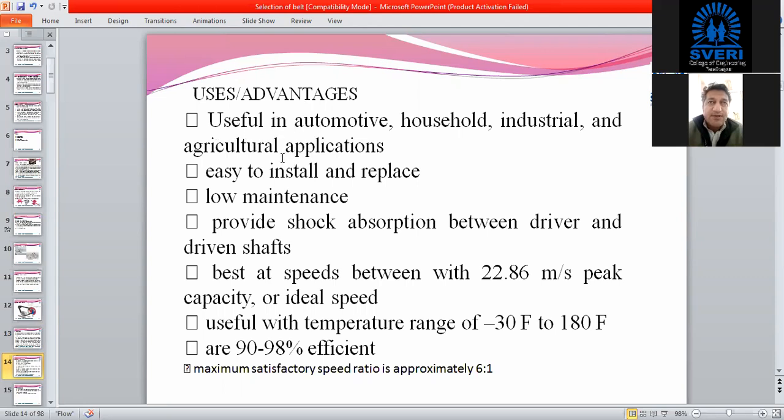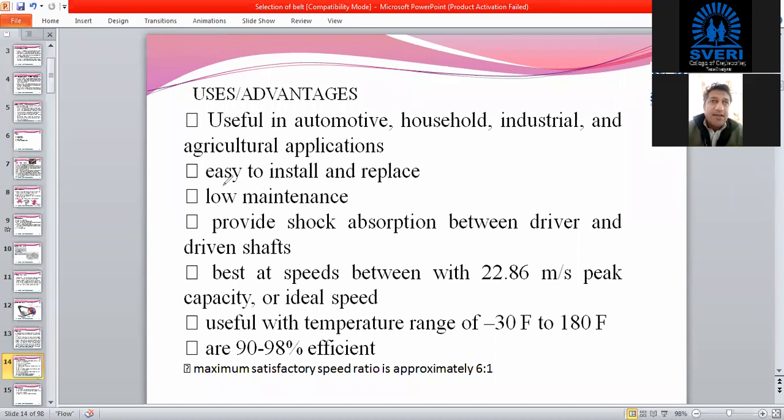Because of their good efficiency, durability and maintenance, these V belts are used. In case of chain drive, if you are going to use it in an agriculture application, then maintenance will be high. Every time we have to go for oiling, and the dust will stick on that oil, and that's why it will wear frequently. That's why we can replace that chain drive with the help of this V belt or belt drive.